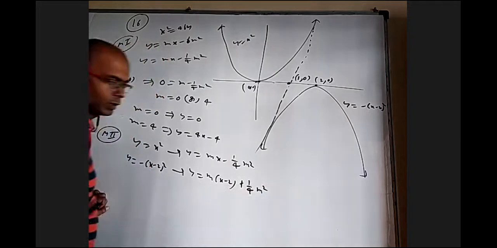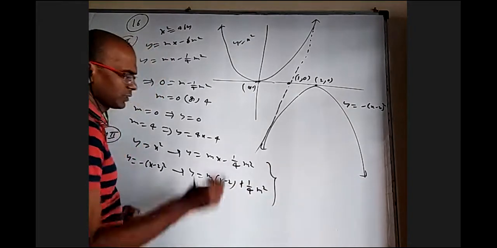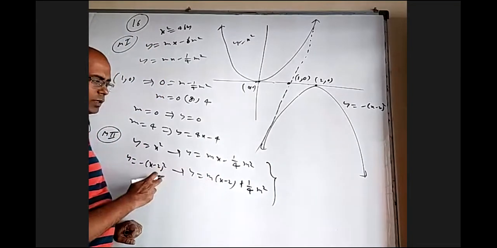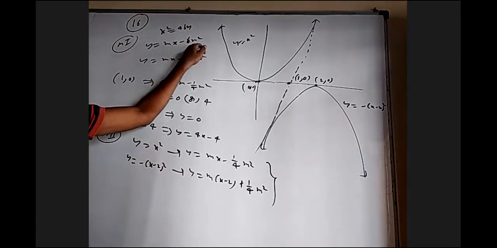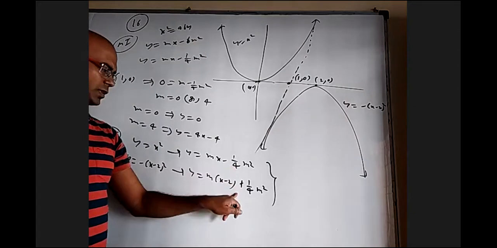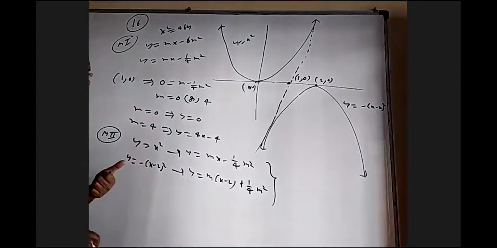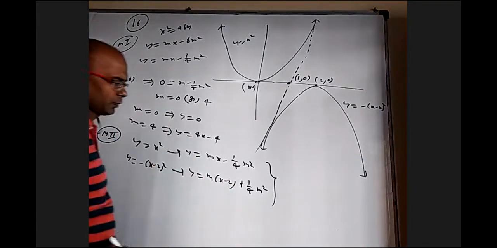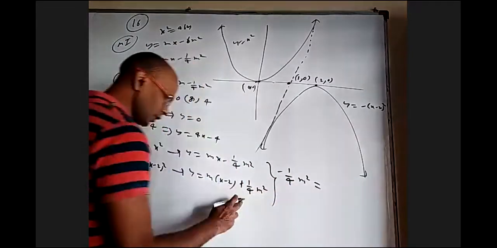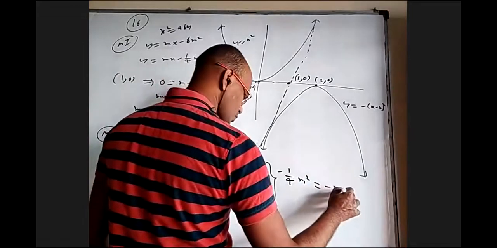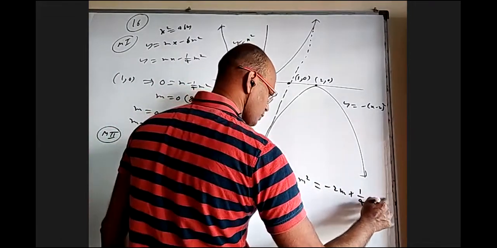When you equate these two common tangents, this is a tangent to the first parabola, this is a tangent to the second parabola. Same formula: y = mx - bm², but one time b is -1/4, one time b is +1/4. And x is replaced with x - 2. Here the constant is -(1/4)m². Here the constant is -2m + (1/4)m².